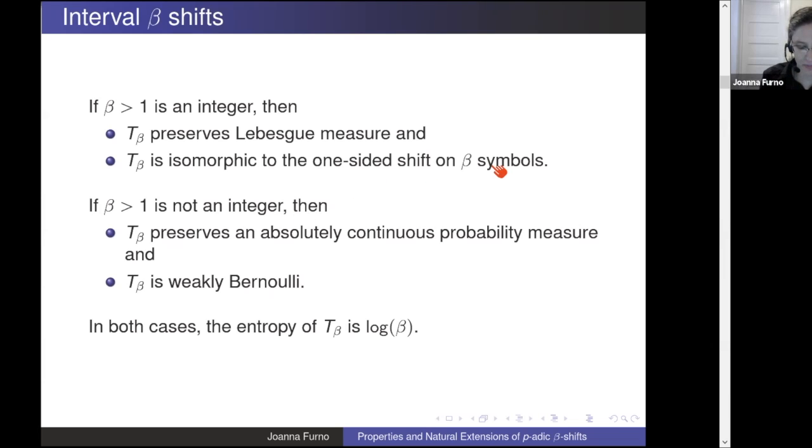Sorry, can you say that louder? Is there any notion of shift? I mean, I know it's a crazy question, but on beta symbols, with beta not being an integer, that would make sense so that T beta is kind of conjugate to